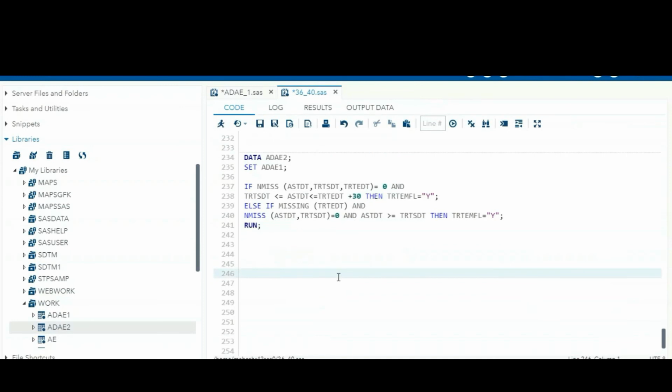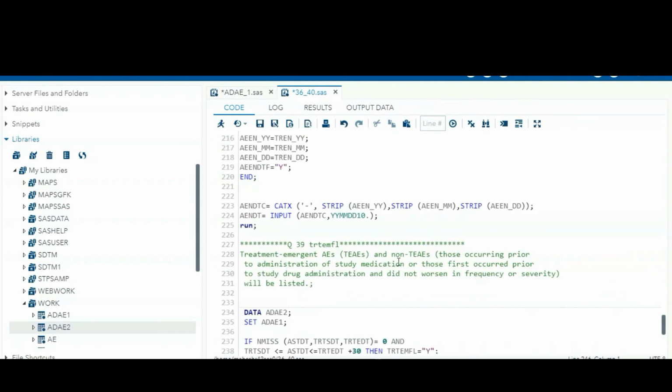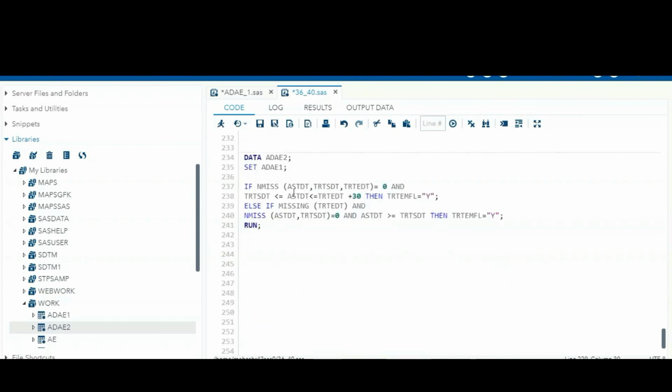Every programmer has written in this way only. So treatment emergent versus non-treatment emergent: those occurring prior to administration of study medication, or those first occurred prior to the study drug and did not worsen in the frequency or severity. Okay, so if the adverse event is happening between the treatment start date and 30 days after treatment end date, we can consider it as a treatment emergent AE.